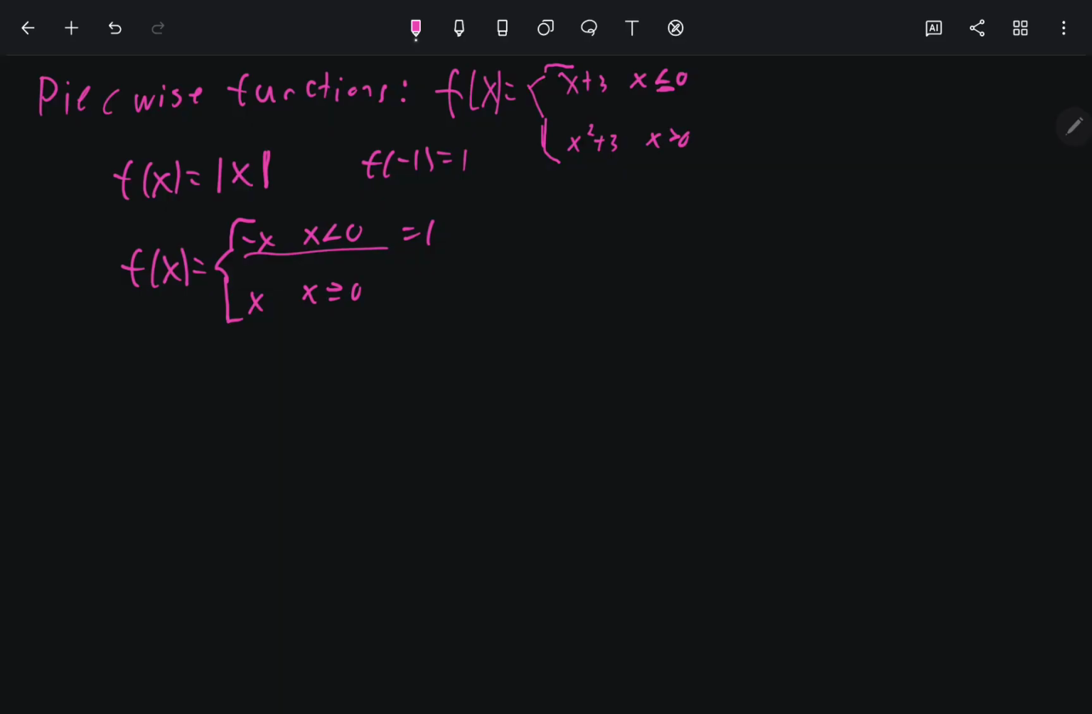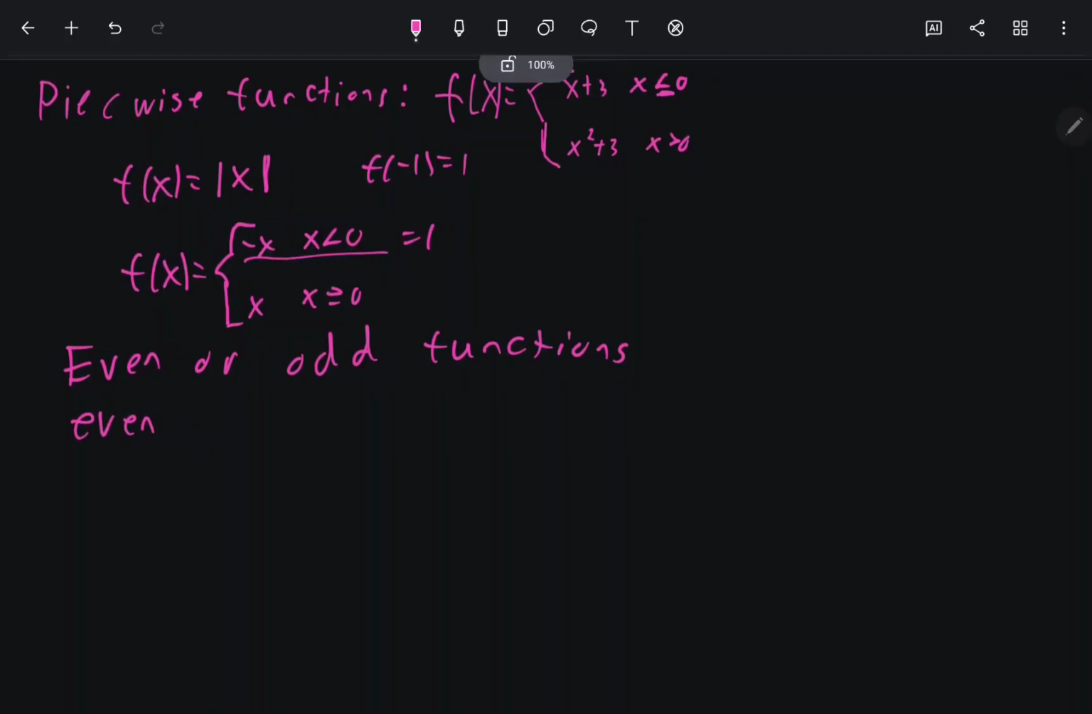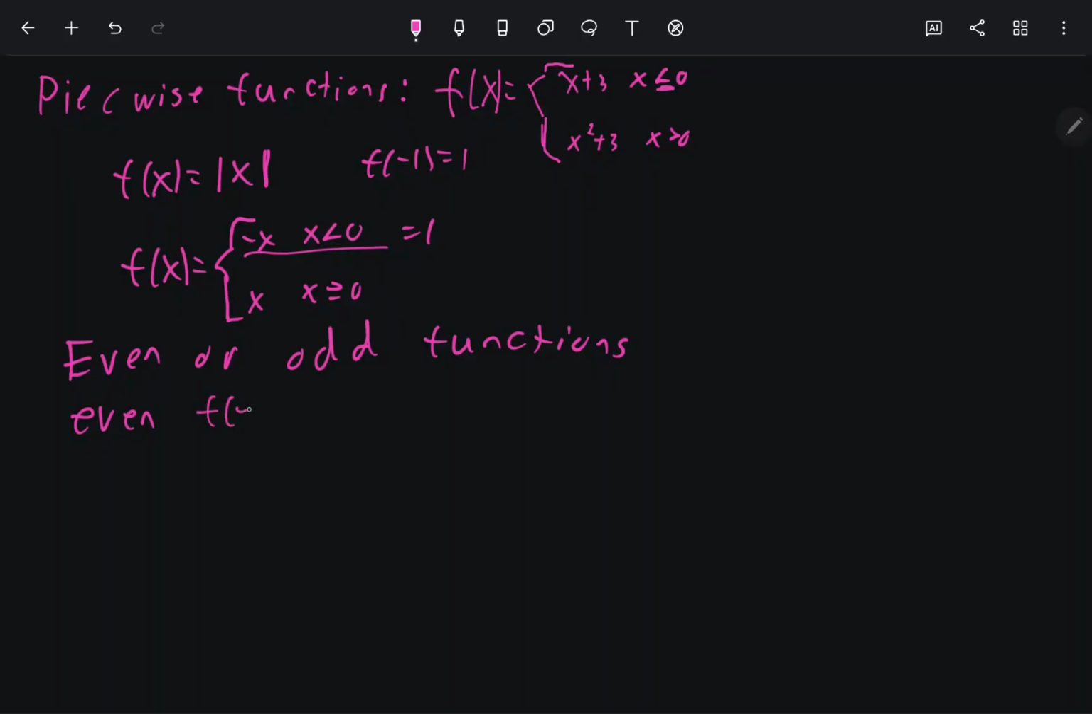And the next topic that I'd like to talk about is even or odd functions. I honestly find even and odd functions kind of fascinating. So, an even function is a function where f of negative x is equal to just f of x. It makes evaluating it relatively easy. Or an odd function